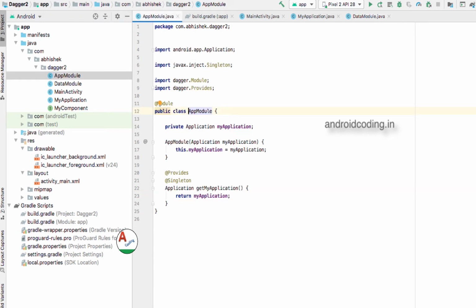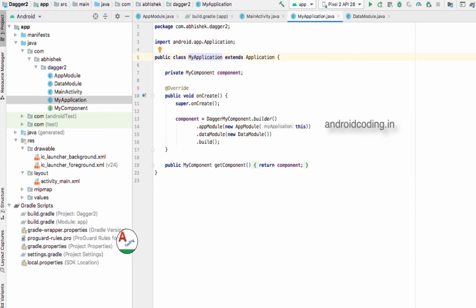In the app module we will be providing our application. Here we are creating an application and initializing our Dagger component. But before going into the component, let us first know what a module is. There are three phases in Dagger dependency injection. First is the module, the second is the component, and the third is the place where we use these injected dependencies. It may be an activity, a fragment, or let us consider it a consumer. To be clear, three phases: module, component, and consumer.